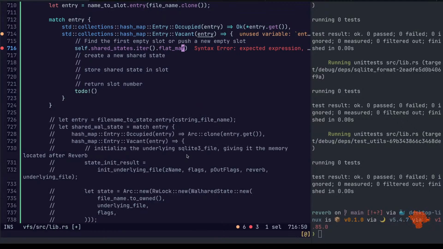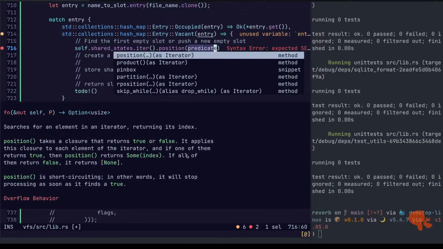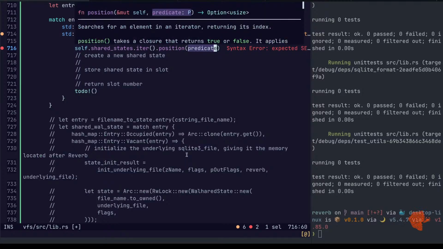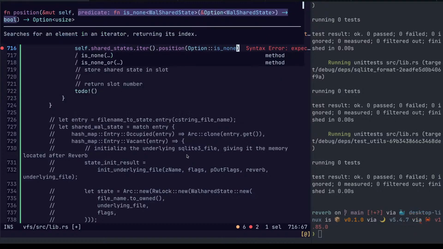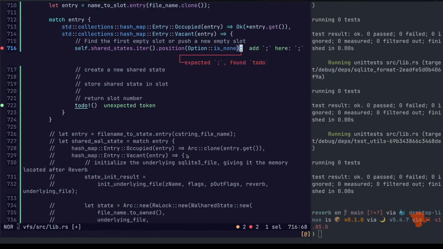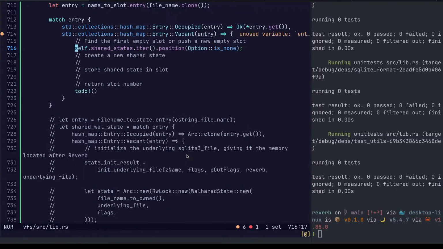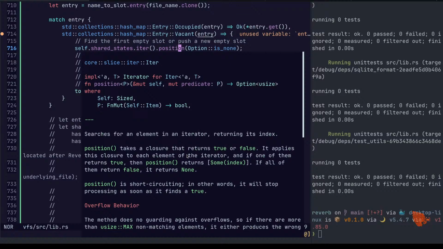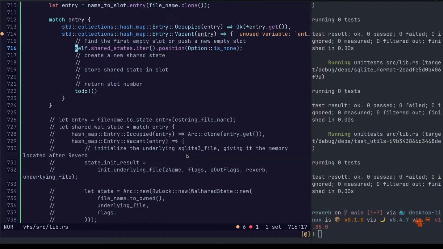Want to find a position, so we want position, and we take a predicate. Now, in this case, we're going to use option is none as our predicate. Now, does this return an option? By default, it does.